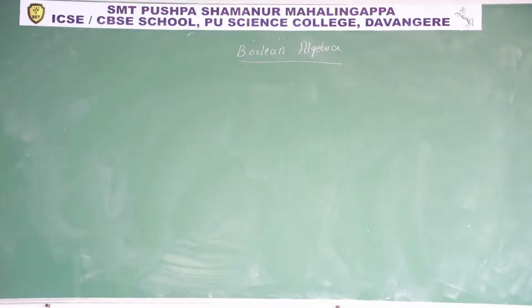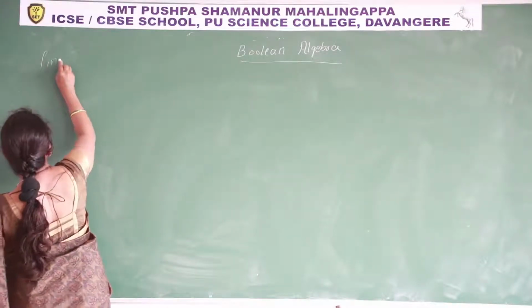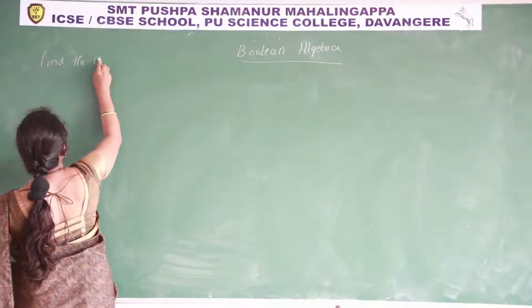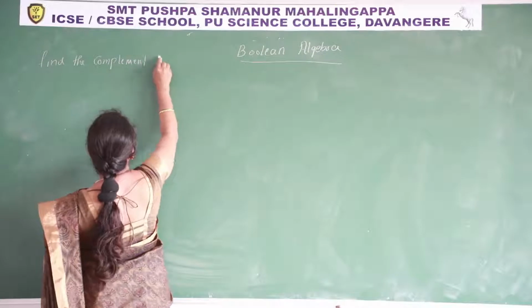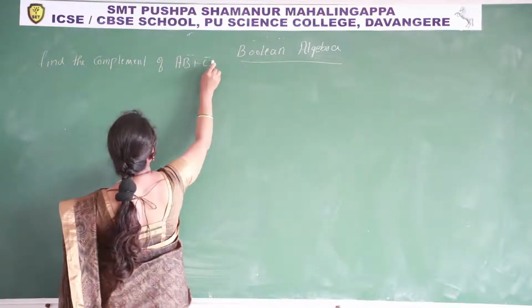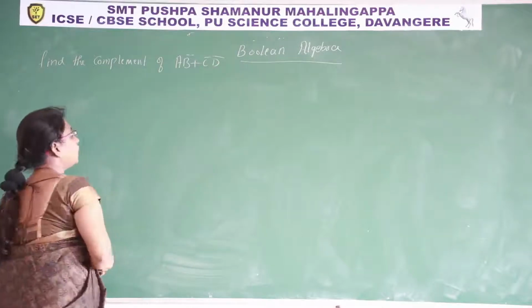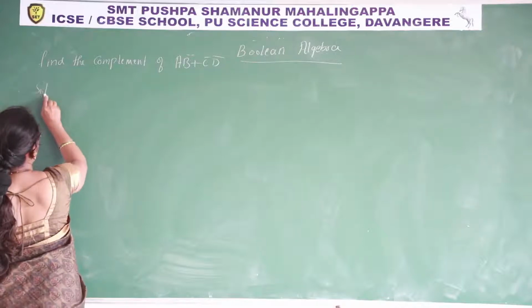Next question. Find the complement of AB bar plus C bar D bar. So when they ask for the complement, you must apply the complement rule here. Solution: